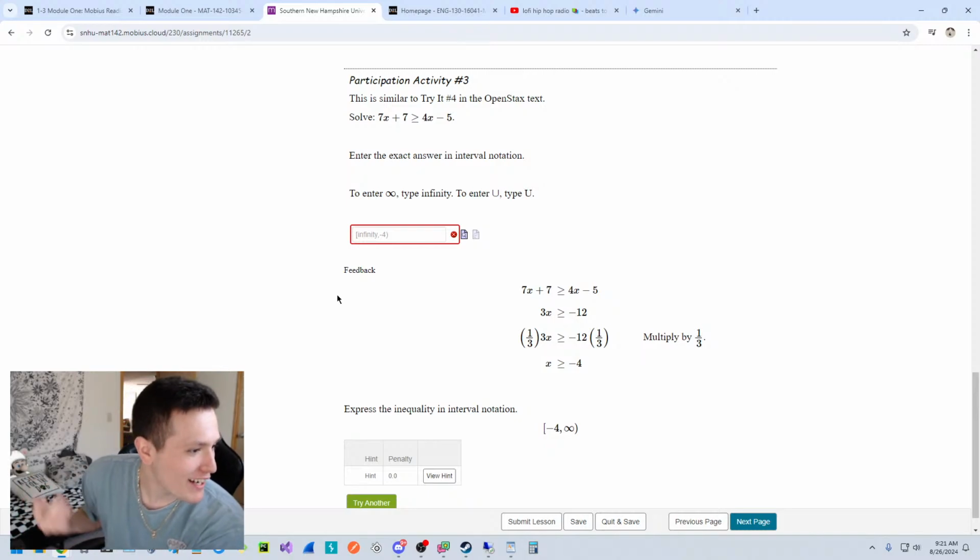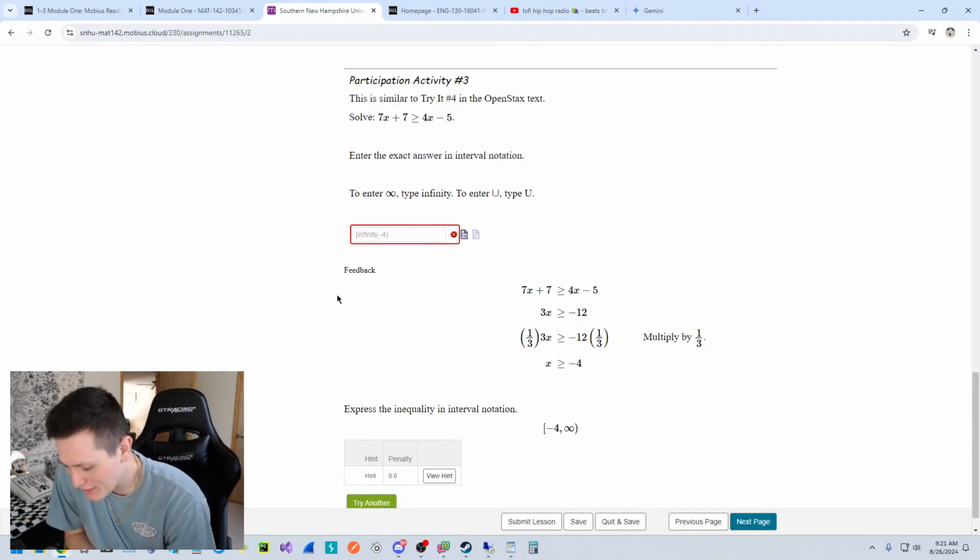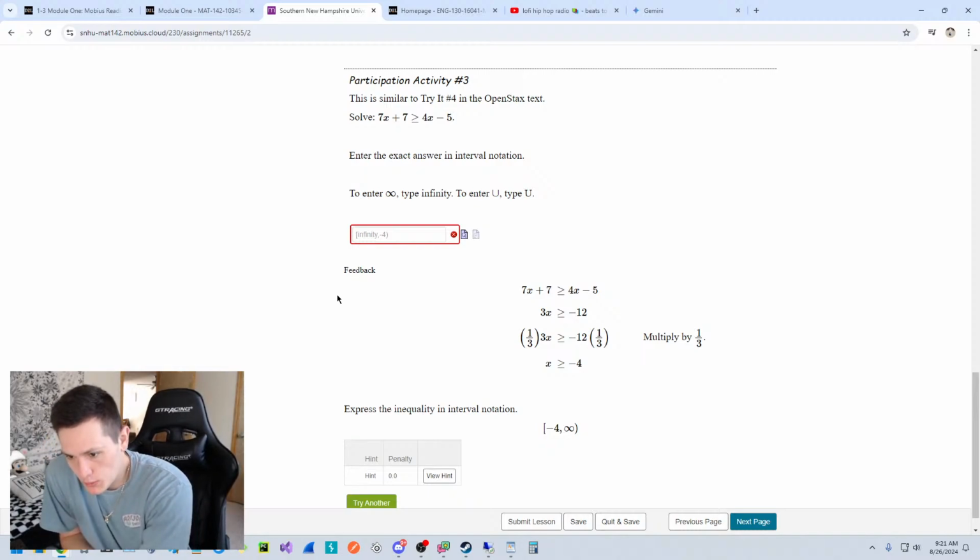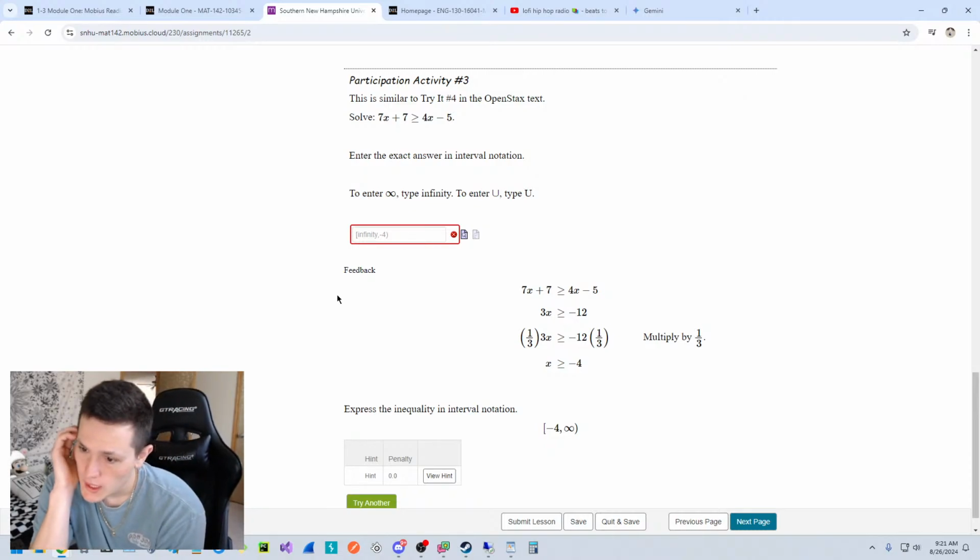My math is right, though. I literally just showed you. My math is right. I've done it right, but I don't see. So it has to do something with laying out the infinity, and so basically,